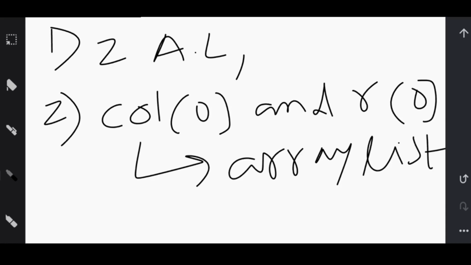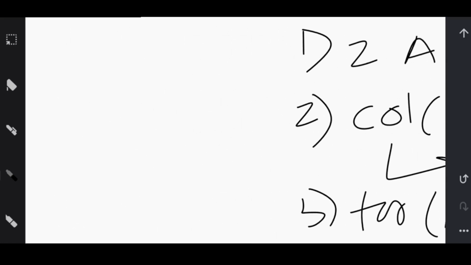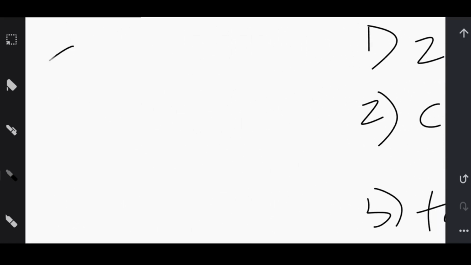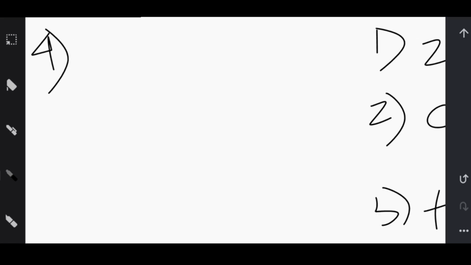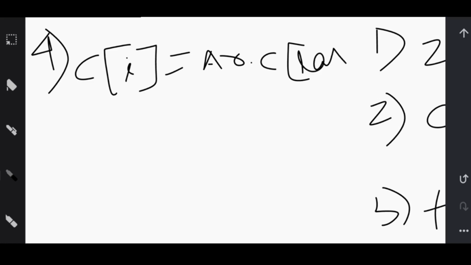Third, in the for loop from I is equal to 1 to n, the fourth step is we will check color of I and the last element of the array list of color, okay?